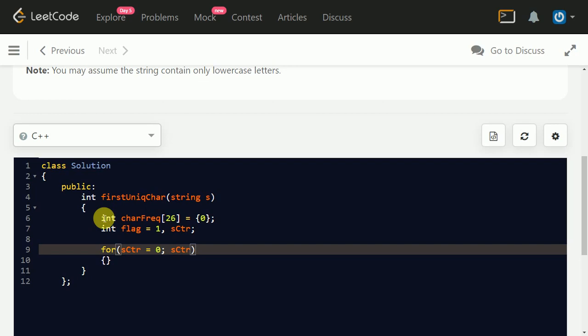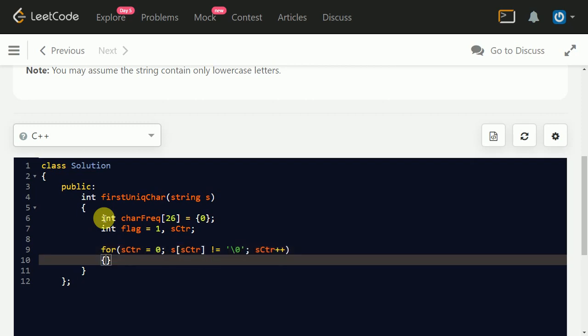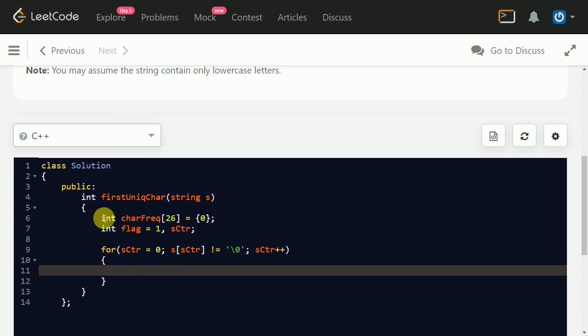You have to create a for loop, where s is our given string, and traverse this string until you encounter the null character. If you are a C and C++ developer, then you can understand that each string or character array in C and C++ is terminated by a null character.